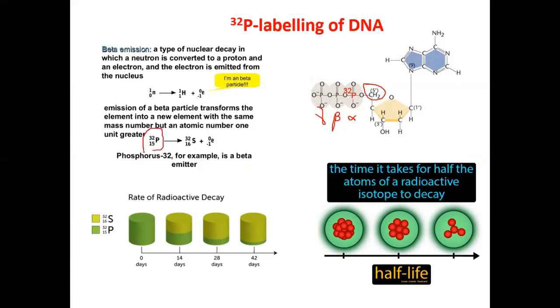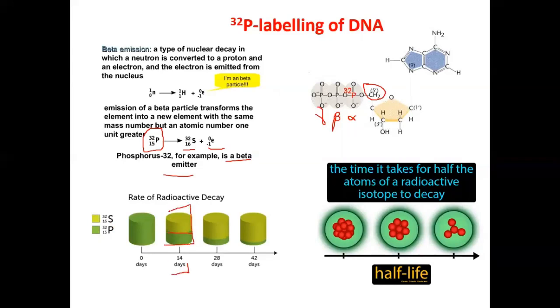Phosphorus P32 is radioactive, and while it emits the beta particle, it becomes sulfur 32 and it emits electrons in the form of beta. It is called a beta emitter. And what is half-life? The time it takes for half of the atoms of a radioactive isotope to decay is called the half-life. So the half-life for P32 is 14 days, where you can see exactly half of it